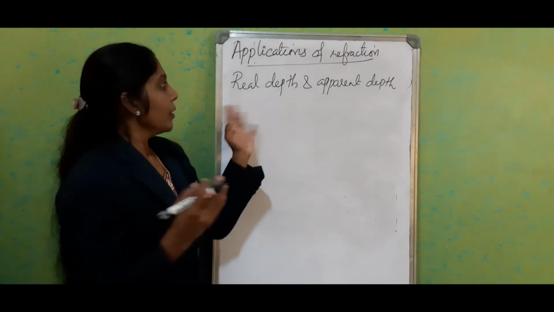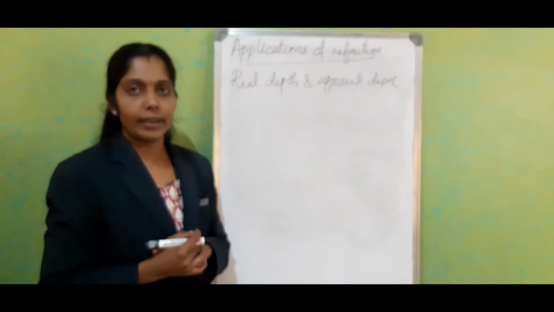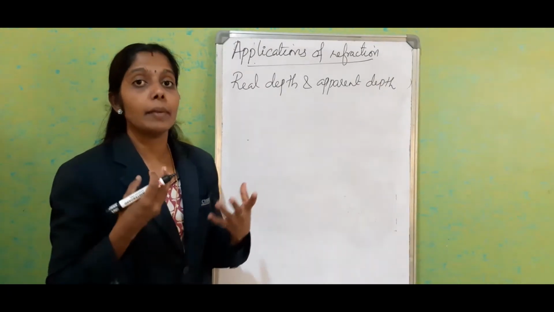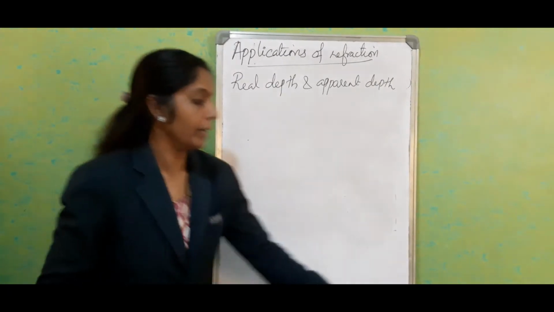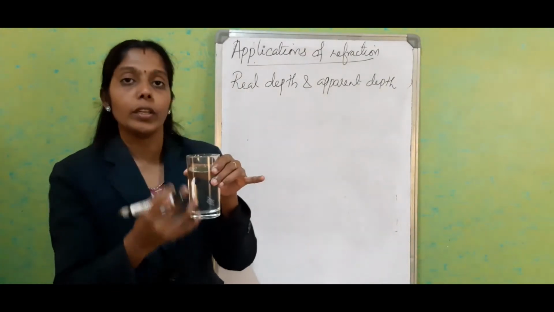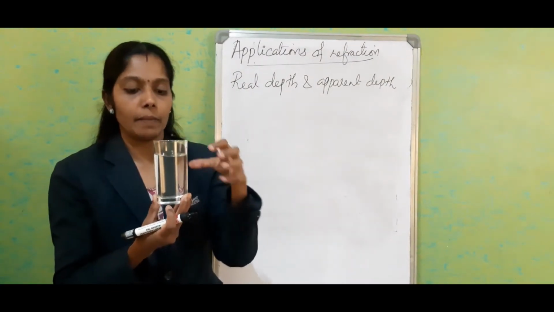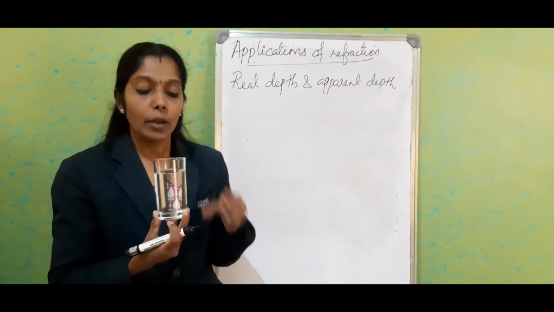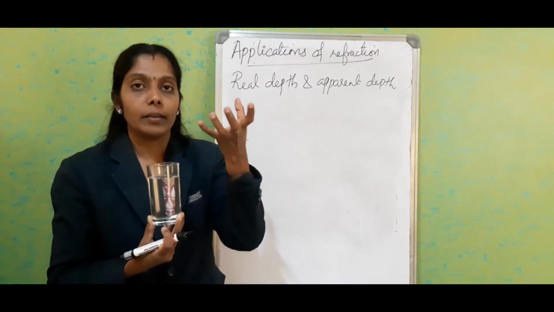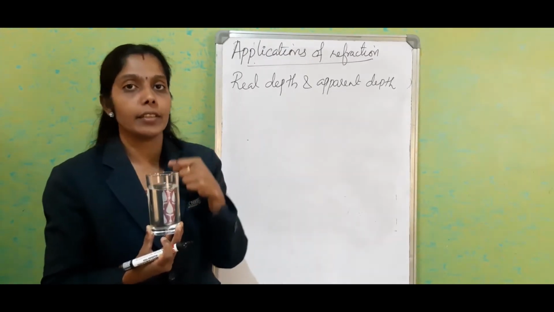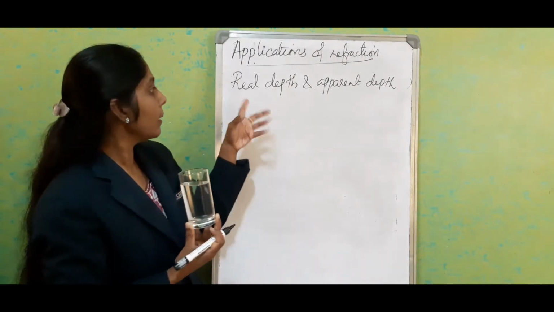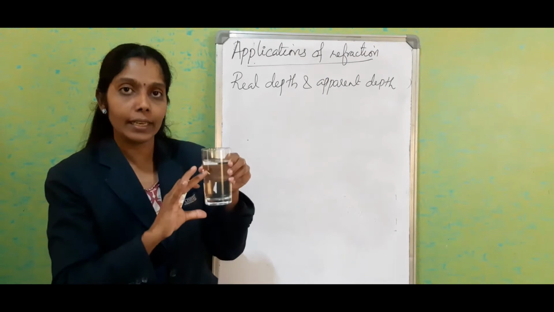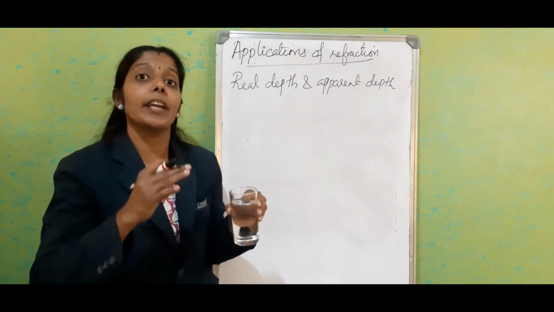Okay. So what is real depth and apparent depth? We know that when we view a material which is kept in a denser medium from a rarer medium, here this water is a denser medium. There I have dropped the coin. But I am watching from the rarer medium. For me, the position of the coin is raised. So that we are going to define in terms of real depth and apparent depth. Real depth means the original depth and apparent depth means a raised position.